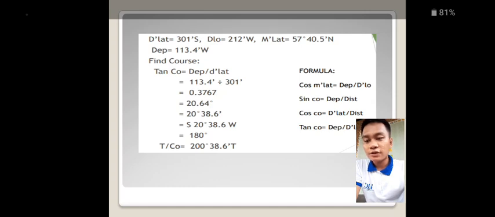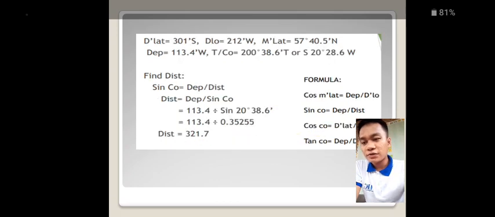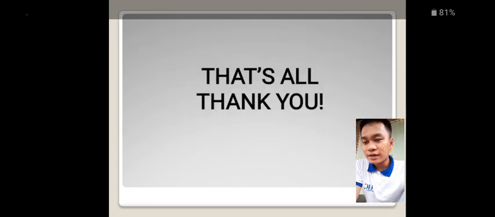Next is our course. The formula that we are going to use is tangent course is equal to departure divided by d lat. 113.4 minutes divided by 301 minutes equals 0.3767. Then we can use our calculator by inputting shift tan of 0.3767, and the answer is 20.64 degrees. Converting it into degrees and minutes, the answer is